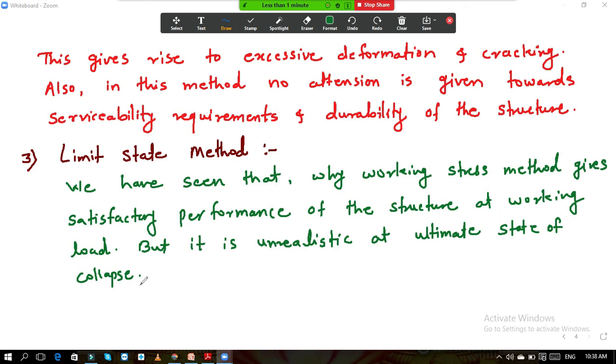First we have written something about the working stress method. So the working stress method gives satisfactory performance of the structure under working conditions only, that is for the working load only. Okay, if the working load is there, then that method seems to be fine and gives you satisfactory performance. But if the load increases up to the ultimate state, okay, if the load goes to the ultimate load, then this method fails miserably. There is no provision in this method for the structure to be sustained after the load is increased.